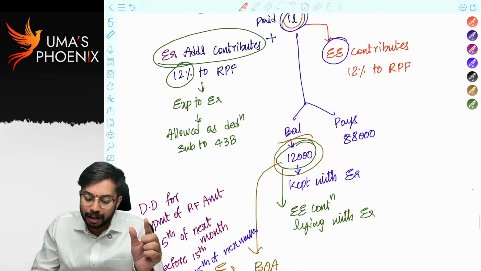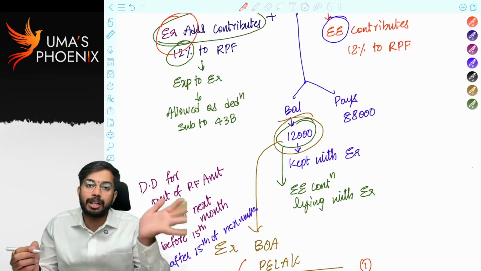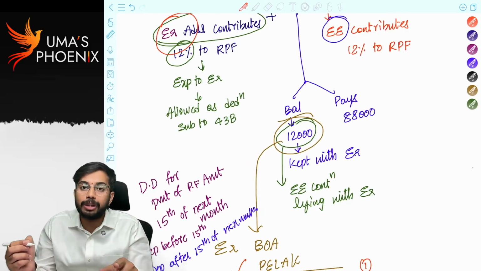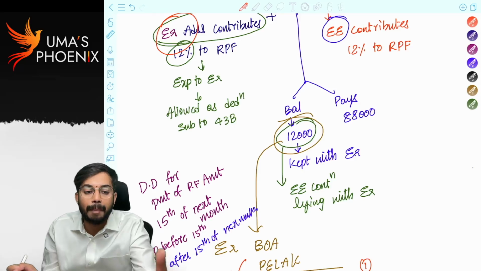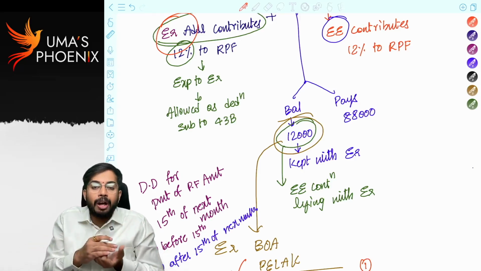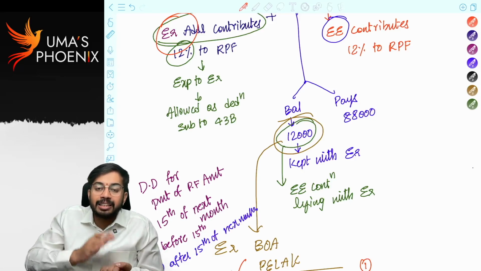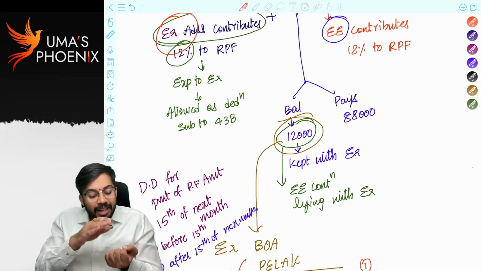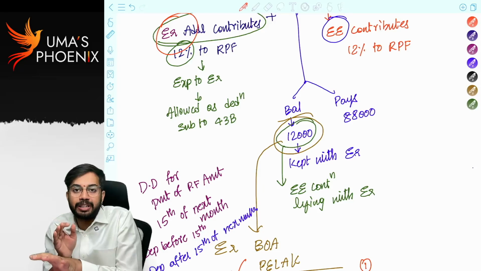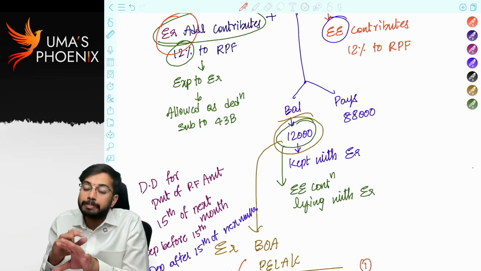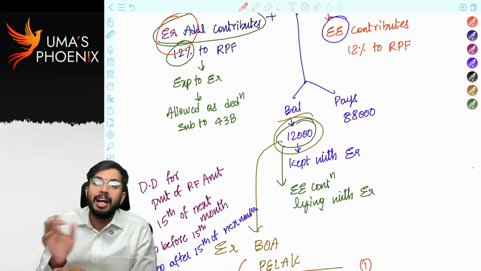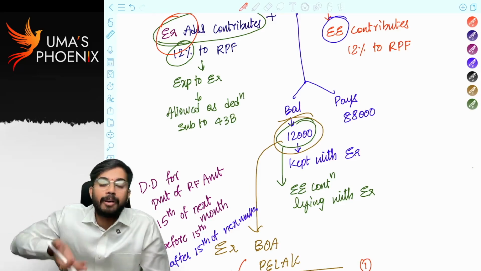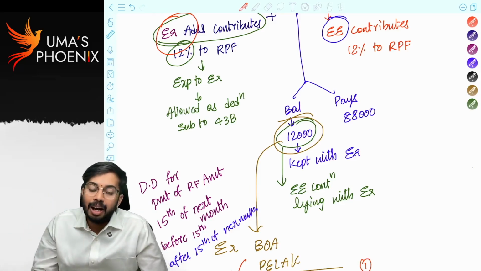Employer contribution to recognized provident fund is allowed as deduction subject to 43B. Employee contribution, the employee is not paying; the employee contribution is also paid by the employer. So whatever the employee contribution is, whenever the employer takes that amount, first he will recognize it as income in his P&L account, and the same amount is allowed as expenditure to nullify the effect. But the expenditure is allowed only if the PF amount is deposited on or before the due date. If the PF amount is deposited after the due date, the expenditure is not allowed. Thereby the income of the employer increases and he is required to pay higher taxes.